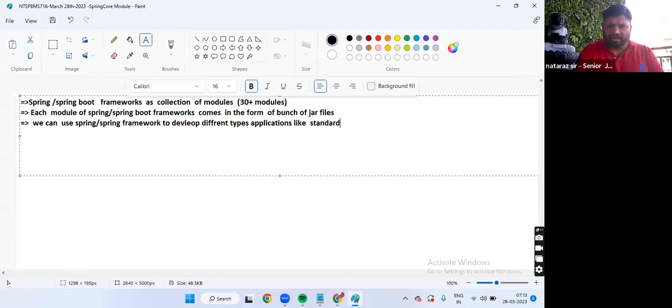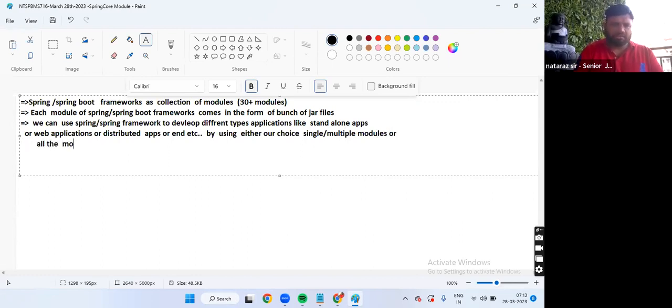Like standalone applications, web applications, or distributed applications, by using our choice of a single module, multiple modules, or all the modules.